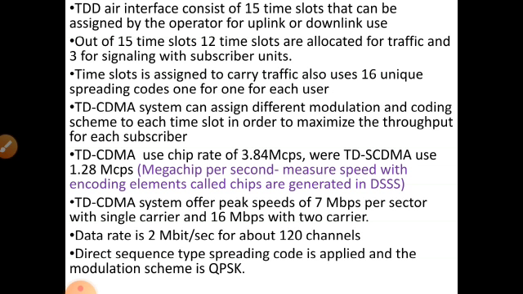By using the channel. So in the previous line we saw that based upon the carrier, if the carrier value increases, automatically the speed value will increase. But this data rate will be based upon the channel usage. Suppose for about 120 channels, the data rate for this TD-CDMA will be 2 megabit per second. Similarly, as I have explained in the mega chip per second point, the same technique, that is this TD-CDMA, is applicable for direct sequence spread spectrum, and the modulation scheme used for this TD-CDMA will be quadrature phase shift key modulation.